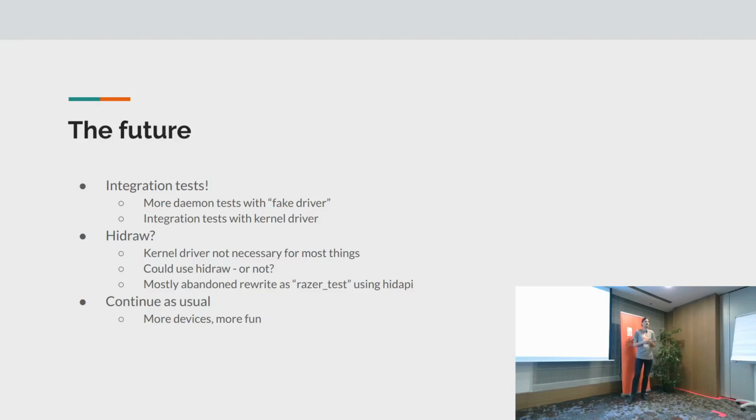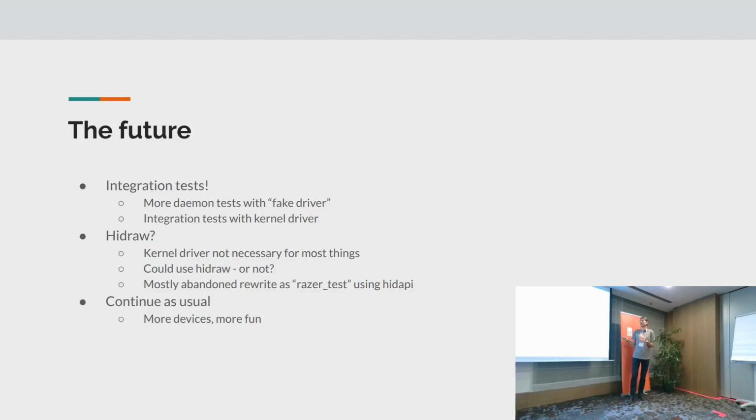So far we do have a so-called fake driver, which is kind of emulating the SysFS structure of the kernel driver, and so we can point the daemon at this structure instead. From the daemon side, we basically have all the devices that we want listed, and we can interact with them. Instead of writing to the actual SysFS files, it's writing to basically just a plain text file, which is super useful for any development, because we basically don't have to have the device with us. If we kind of know or hope to know that the kernel driver is actually working, we can make sure at least the UIs work correctly with that.